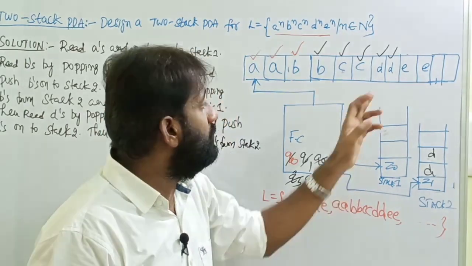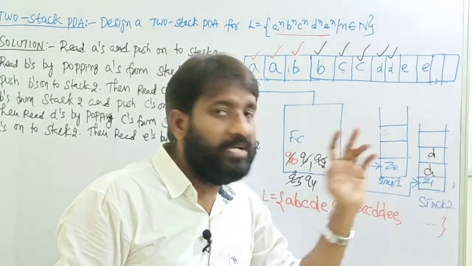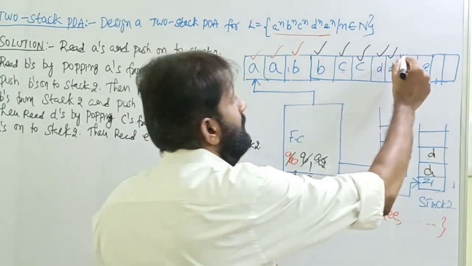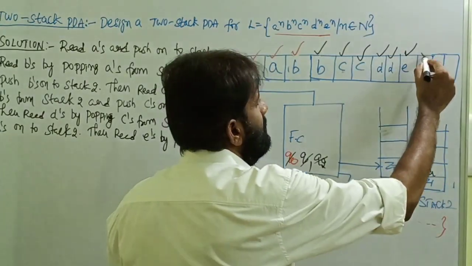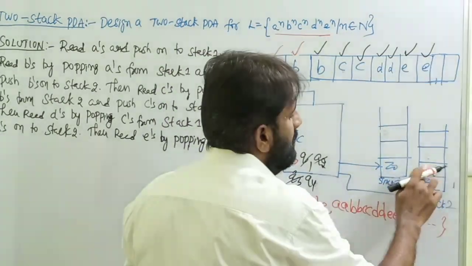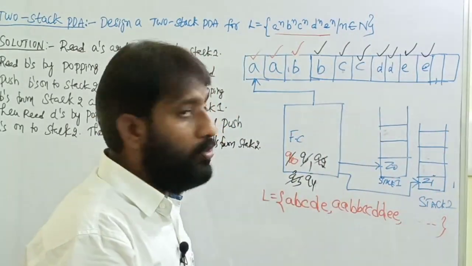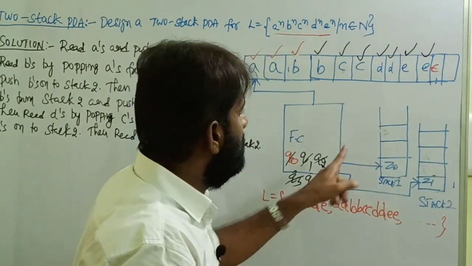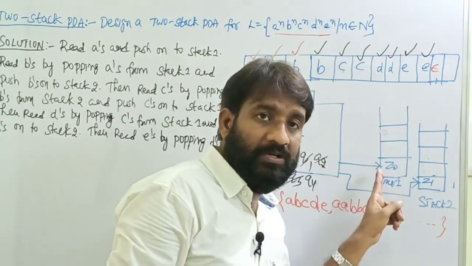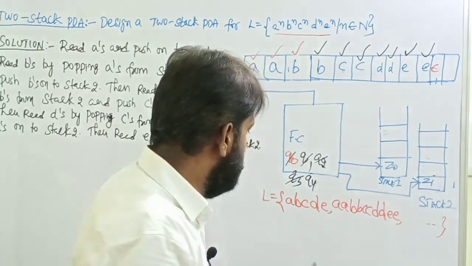We are doing the pop operation by reading E elements on the stack 2. Okay, so read E, pop element D from stack 2. Then read the next E, pop element from stack 2. Okay, so after the E's are exhausted, there are no input elements, meaning that it is epsilon. Now Q4 with epsilon, the top of stack 1 is Z0, the top of stack 2 is Z1. Move to the final state.